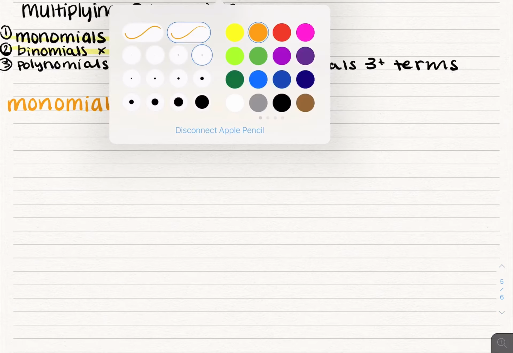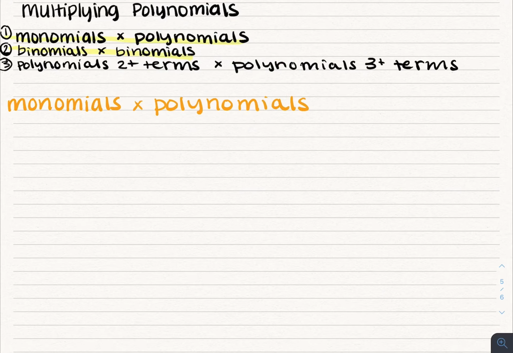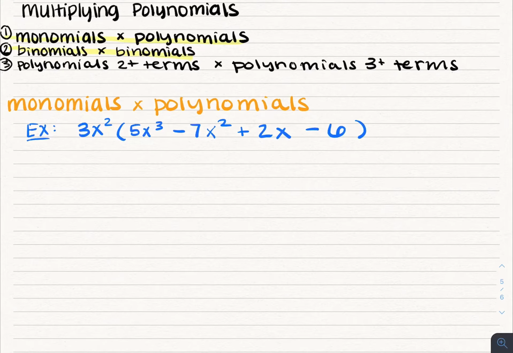And in monomials times polynomials, I have an example for us to follow. In our example, our example is 3x squared, that's our monomial, and our polynomial that we're multiplying it by is 5x cubed minus 7x squared plus 2x minus 6. All right, and like I said last time, the first thing I like to do is get rid of all of subtraction and use only addition. So I'm going to add a line, change a sign